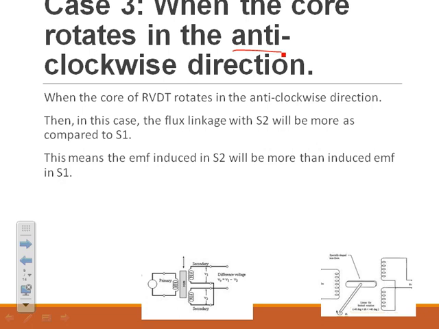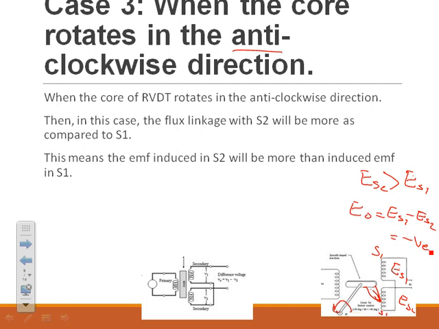Now the core will be rotated in the opposite direction. So what happened? Now the shaft, or this core, will move more towards the ES2 position compared to ES1. This is secondary 1 and this is secondary 2, and this voltage is ES1 and this voltage is ES2. Now we can see that ES2 is greater than ES1. So the net output voltage E0 equals ES1 minus ES2 is some negative value.